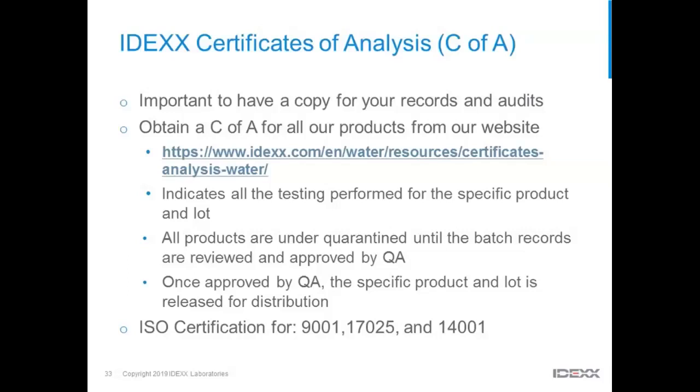All that information is collected. Once everything has been confirmed to be working appropriately and has passed, that is all recorded, and then it goes to our quality assurance team. They will review all of our records to make sure that everything has been done correctly and everything's filled in. And once the QA group has approved it, that lot is then released for distribution. So there are multiple steps during our processes to make sure that everything we're releasing is of a high quality.